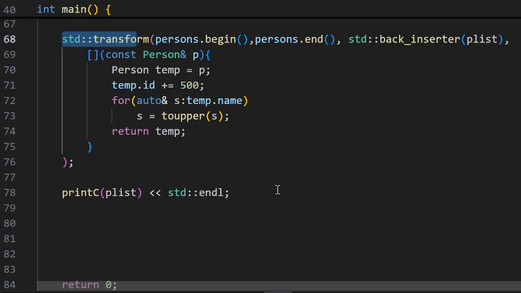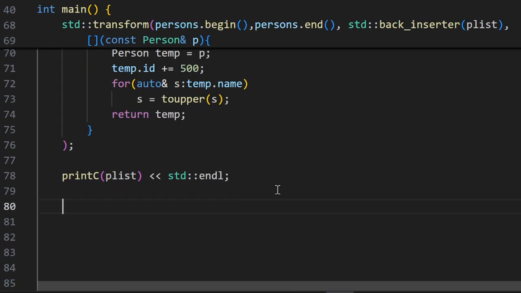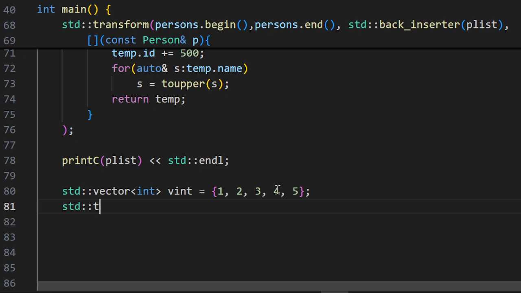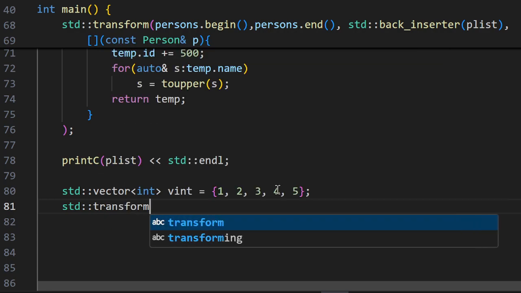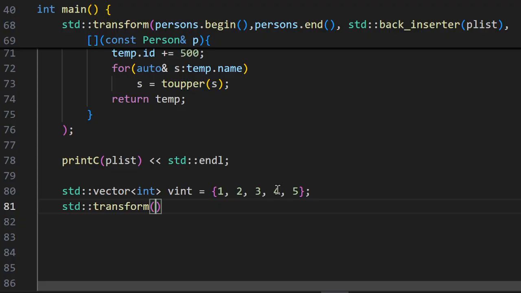Another example of transformation you can do would be one simple example. Suppose I have a vector container for integer type equals to 1, 2, 3, 4, 5, and I want to apply transform to it. bint.begin and bint.end, and the target